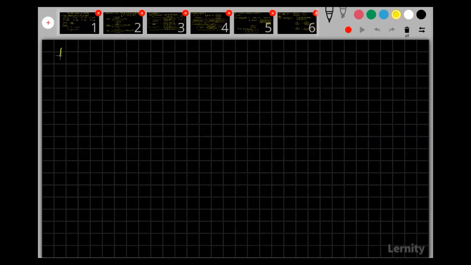The next one, dilution law. This one is also very important. Rather than going for M1V1 equals M2V2, it is always preferable to go with N1V1 equals N2V2. If you use M1V1, that works for a monoacidic base and a monobasic acid, but if one is given as a dibasic acid and the other is monobasic, it creates a problem and you will not get the correct answer. So N1V1 should equal N2V2.